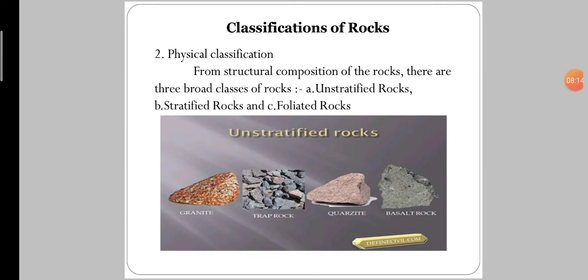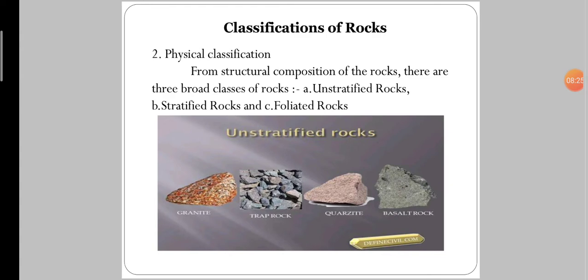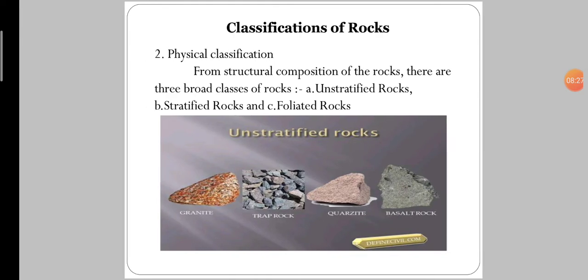Then next we move on to the physical classification. For the structural composition of the rocks, they are also broadly classified into three types: unstratified rocks, stratified rocks, and foliated rocks. First one,